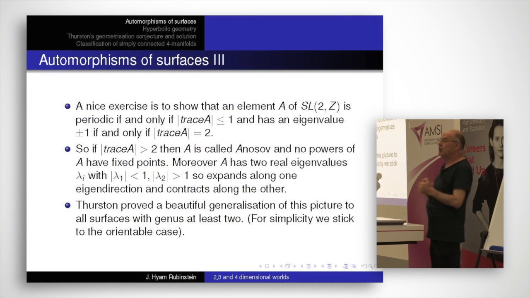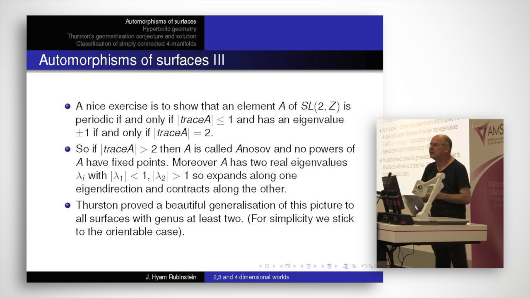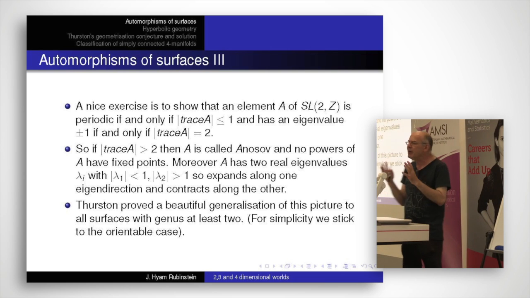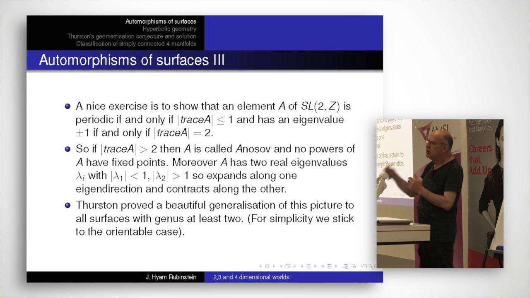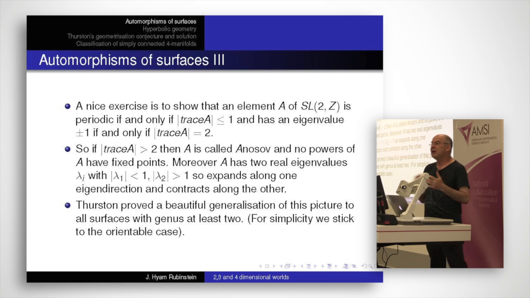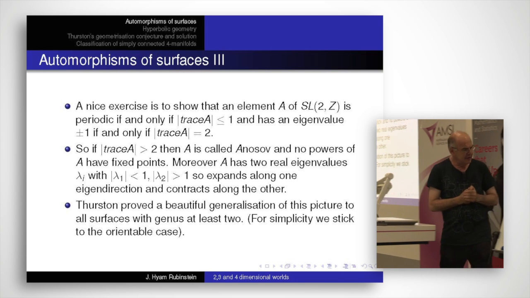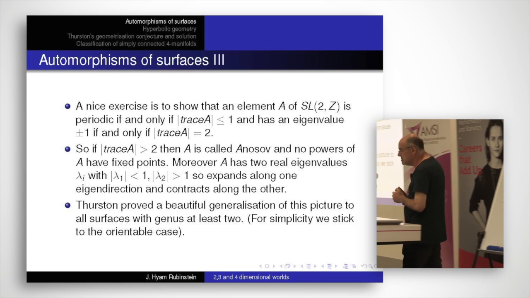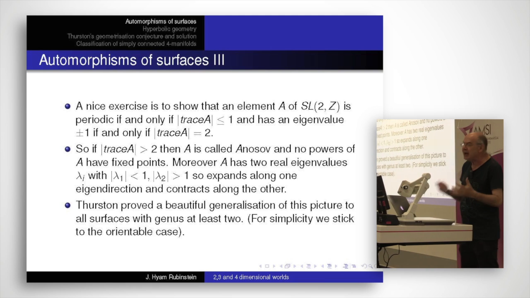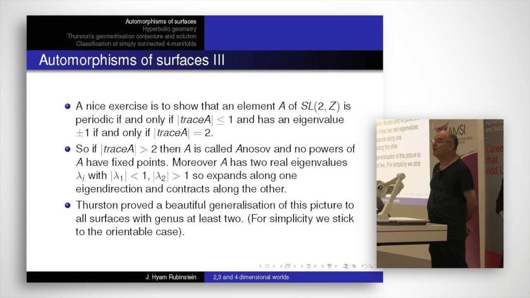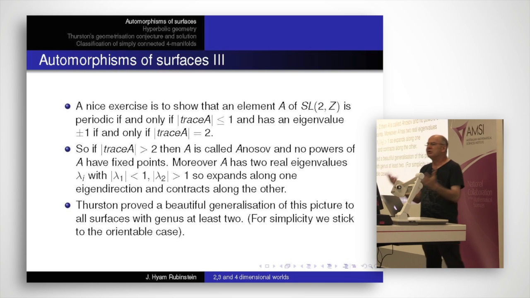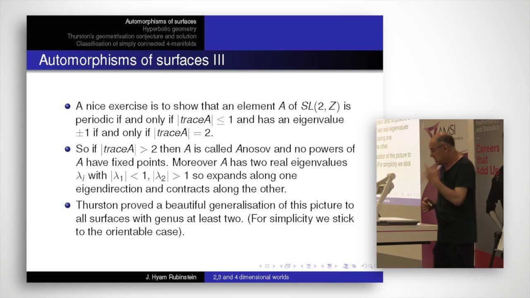Okay, so how do we classify the automorphisms? And particularly, we're thinking of dynamical systems. We want to know what happens when we iterate them. Okay, so it turns out there are three types. It's very elementary to figure this out. It's a nice exercise. So it just depends on the trace, which of course determines the eigenvalues and eigenvectors. Okay, because these have determinant 1, so once you know the trace, then you know the eigenvalues.